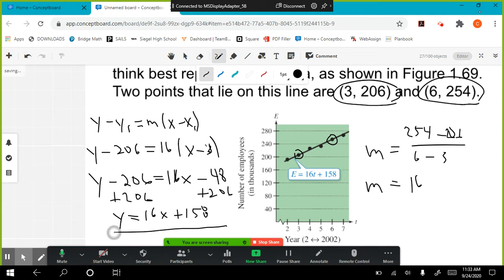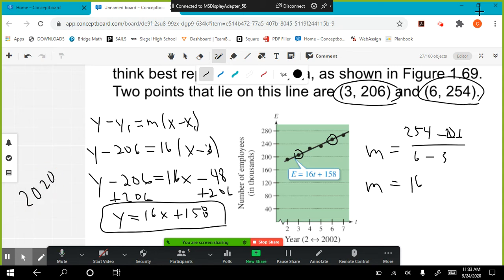All right, so what this tells us is this is the equation of that line. So this is the model for this situation. And so what we can do with this, I used x and y. The x-axis is the year, the y-axis is the number of employees in thousands. So if I wanted to know, based on this, in the year 2010 or the year 2020, how many employees they have, all I would have to do, if I wanted to know how many employees for the year 2020,